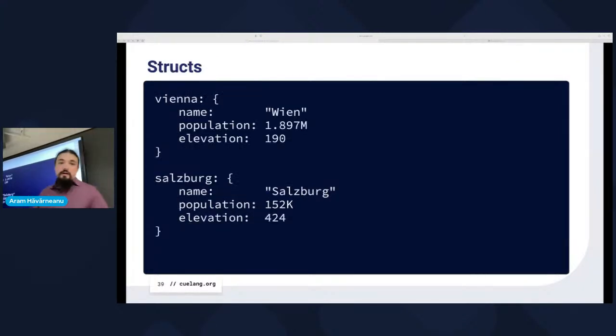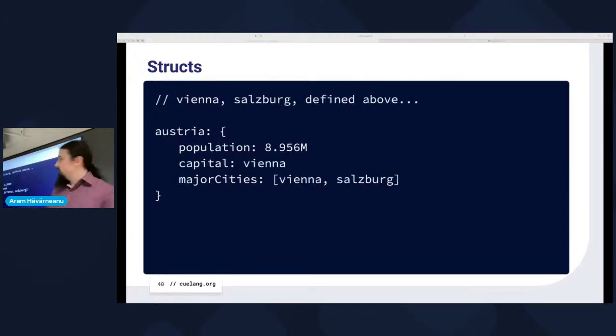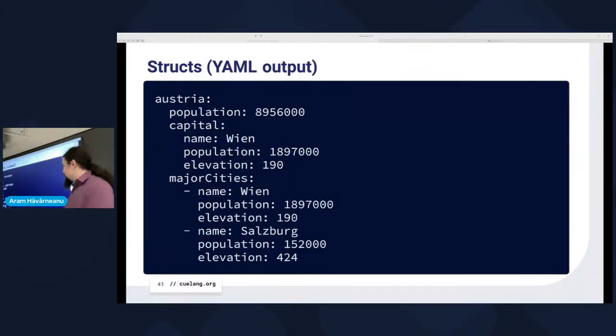We have structs, which are a way to organize and combine data, which of course you would expect in pretty much every language. What's interesting about this one, though, is that if you look at the population of Vienna, we have prefixes, so it's quite easy to specify numbers and things like that. And we can use the Vienna and Salzburg declarations in another thing. We put it into a bigger struct, Austria, where we put the reference to the capital and also put a reference to the cities inside there. And again, it's not a copy; it's a true reference. And when we compile that to YAML, we get basically this. So you can imagine how that works.